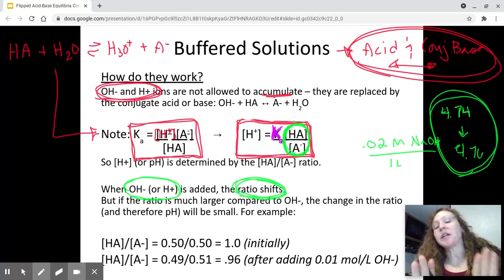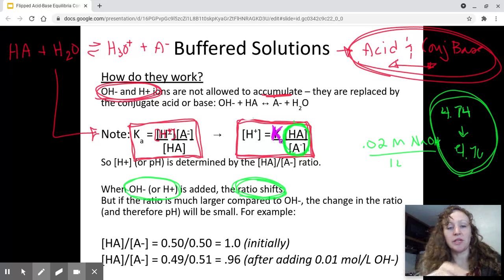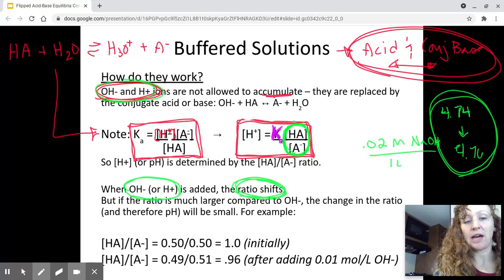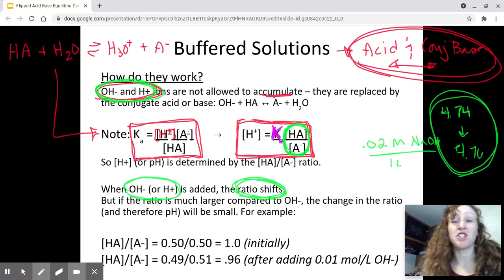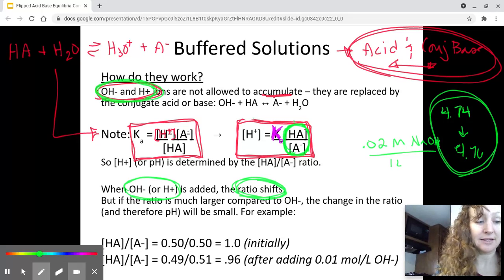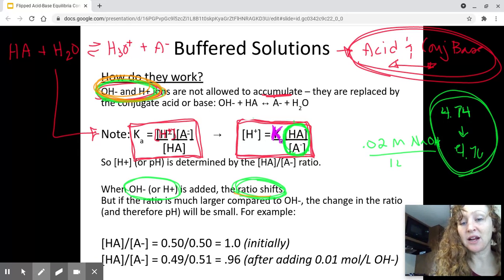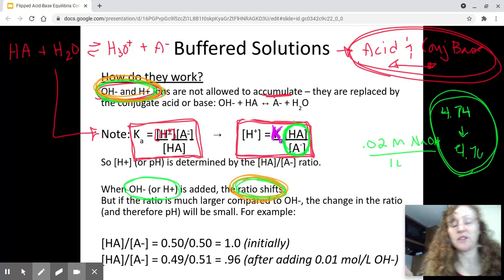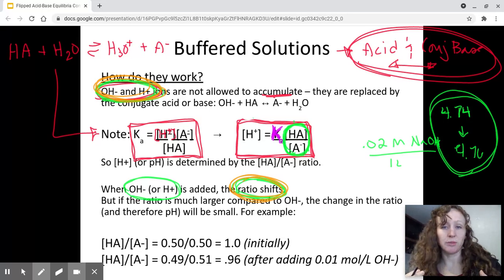So when our pH changes, we're talking about one of two things. Either hydroxide or hydronium ions accumulate and the pH changes in a big way. That is option number one. Option number two is that our ratio is going to shift, that hydroxide or hydronium concentration is absorbed and shifts this ratio, and our pH changes in a small way. So those are our two options of what this solution is going to do, and it depends on what's present,